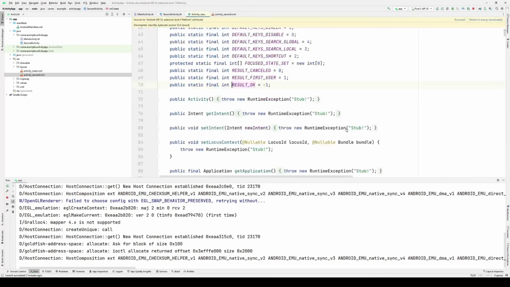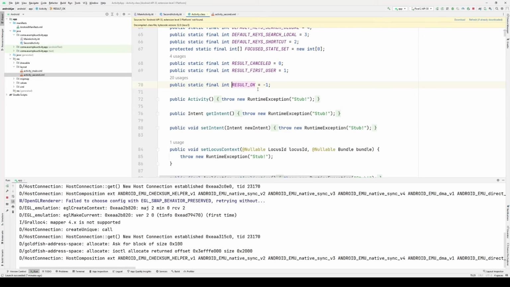This is a value that is defined in the activity class, and it has the value -1, but that's not important for our purposes insofar as you don't use this value for anything else. It simply is a reference to indicate from the callee to the caller that whatever action was being requested completed successfully. That means the caller, upon seeing that result OK was returned, can act in a manner that suggests the